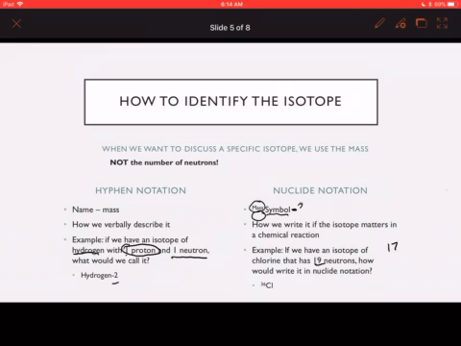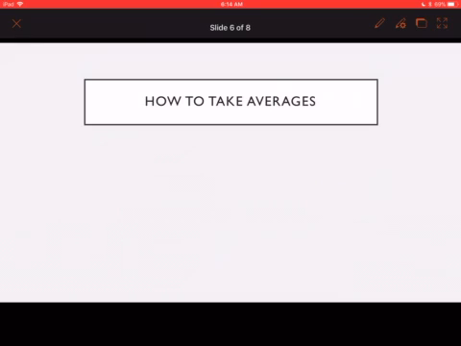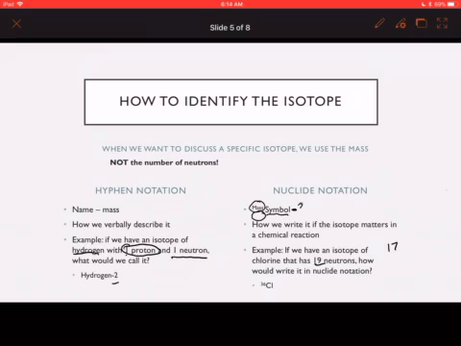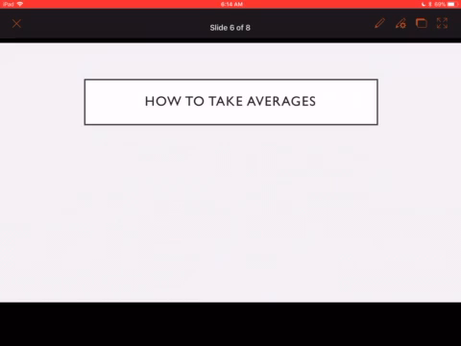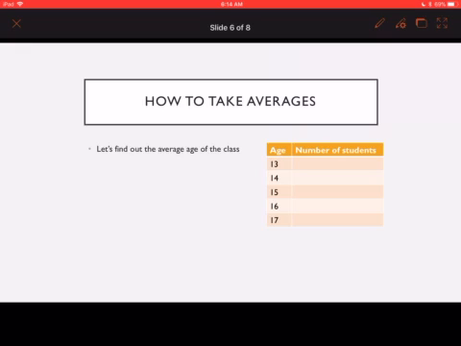All right. So again, that's isotopes, right? And there's a variety of isotopes. So that means we now need to know how we find this average mass. And so we're going to talk about taking averages. So we're going to find out the average age of the class, and I'm going to do somewhat from memory